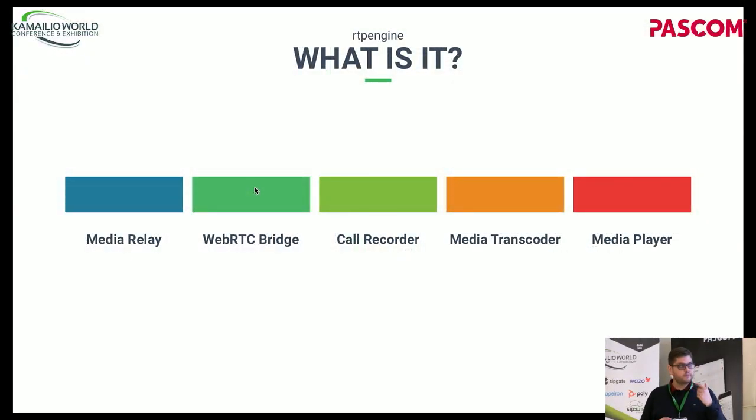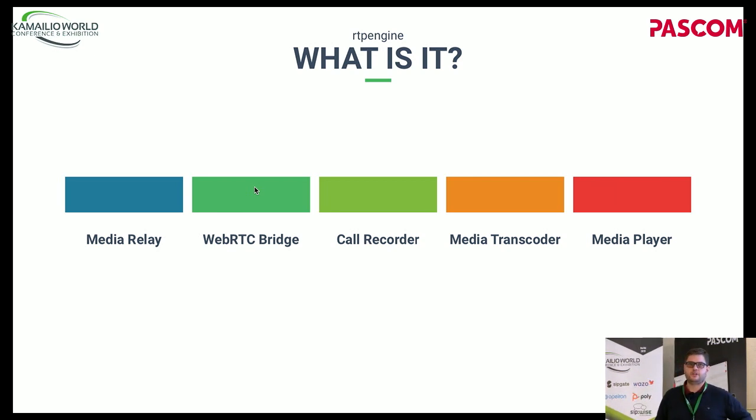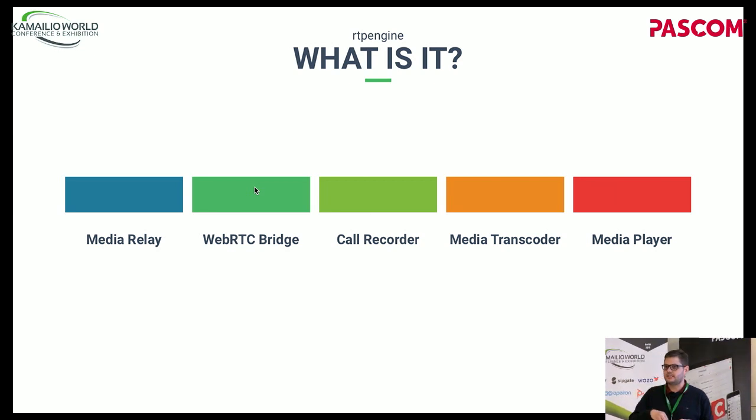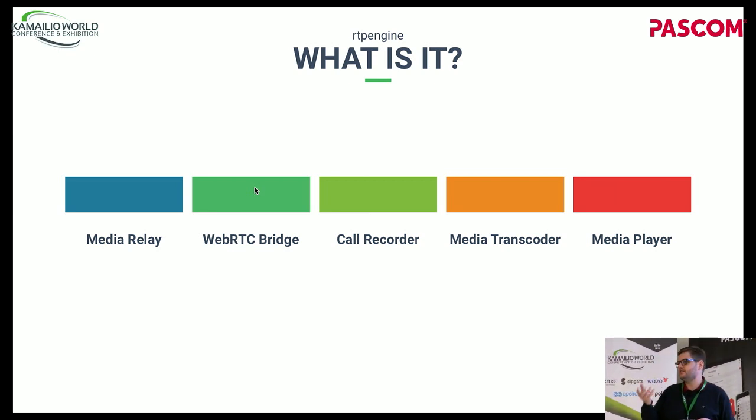What we did last year, I'm not sure how many of you are aware of that, we added media transcoding into RTPEngine. So what you can do is, on the fly, while routing a call via Kamailio, transcode your media from G.711 to Opus or any other codecs that we support. And just this year, we started to implement, or actually deployed, media player functionality. So you can now also inject media files and play arbitrary files. Again, removing the necessity to put third-party applications into the SIP routing, like FreeSWITCH, Asterisk, whatever, just for tiny things like playing prepaid notifications or stuff like that.